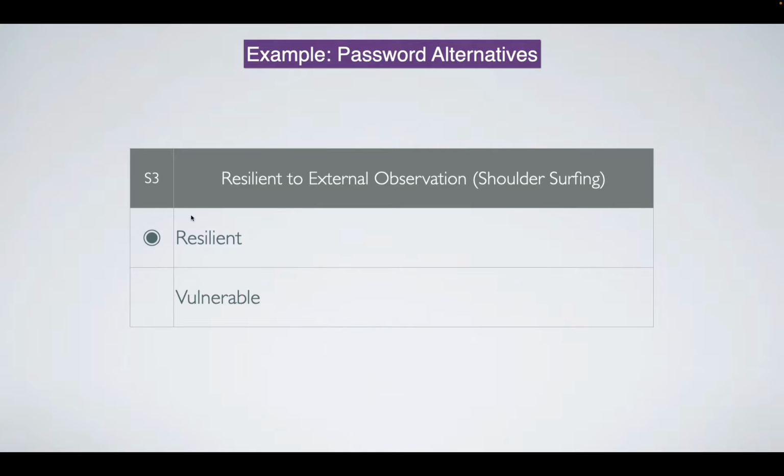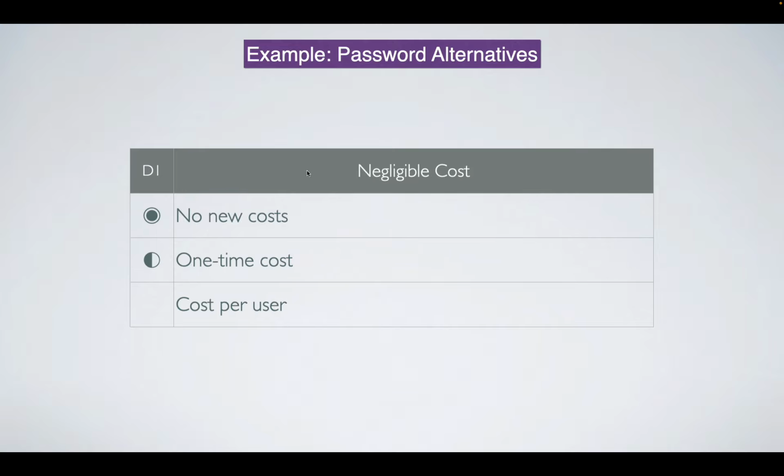Okay, we'll go back to the security properties. So shoulder surfing, it's either resilient or not. Physical theft, either resilient or not. Cost, so if it doesn't cost anything, that's good. If I have 10,000 users and I have to pay 10,000 times, that's going to be expensive. If I have to pay once, like say I set up a new server, but it doesn't matter if I have 10 users or 10,000 users, then that's a cost. It's worse than not paying at all, but at the same time, it's not like buying everybody an RSA token or buying everyone a fingerprint reader that they can plug into their computer.